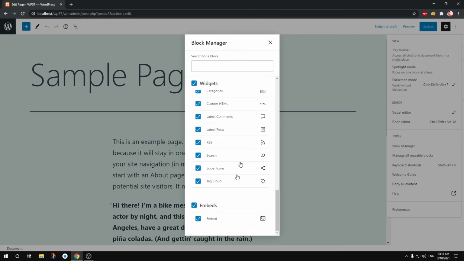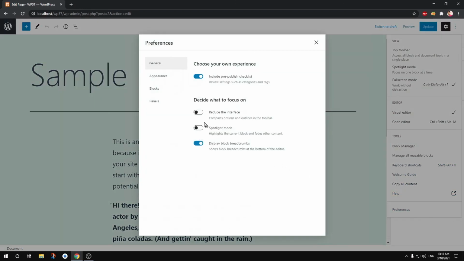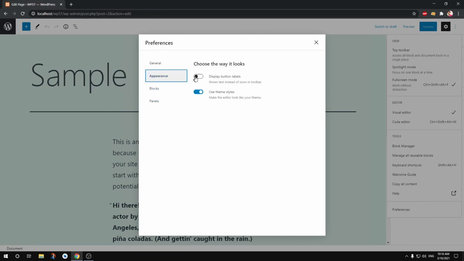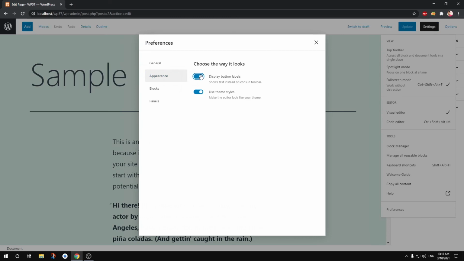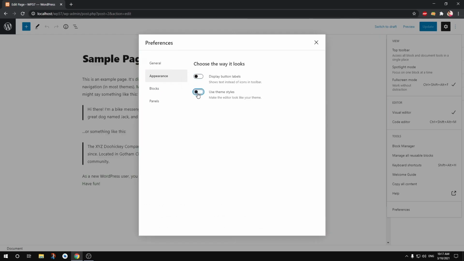You have block manager, copy all content, preferences, reduce the interface. Okay, spotlight mode, appearance, display button label. Few buttons here. Use theme style, styles. Okay, so